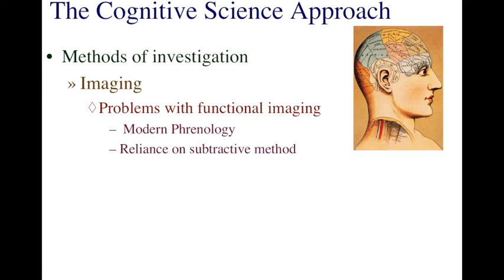One of the problems associated with magnetic resonance imaging and PET imaging as well is that it relies on this method of subtraction. Remember how we tried to determine what parts of the brain were active by subtracting the activity at rest from the activity while the participant was doing the verb production task. We saw subtractive methods before when we were talking about reaction time in the first module. I mentioned then that contemporary cognitive psychologists rarely use a subtractive method on reaction time.